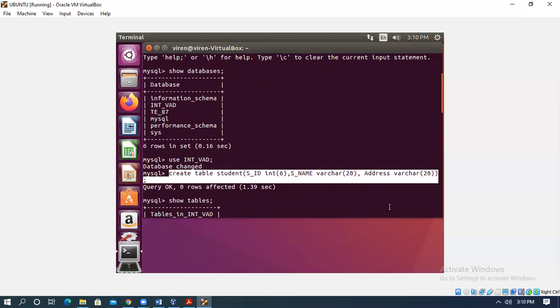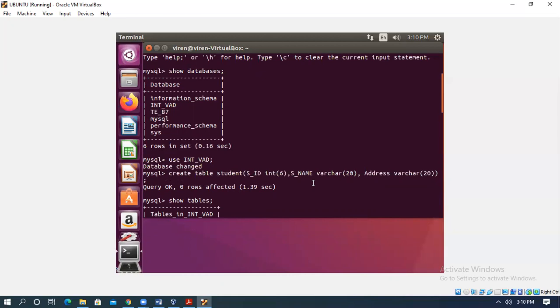If we are going for four, mention the fourth attribute, its data type and size. This is the sequence: name of the attribute, data type of the attribute, and size of the attribute. Comma indicates this is the first attribute information. Name, data type, size: second attribute information. Name, data type, and size: third.